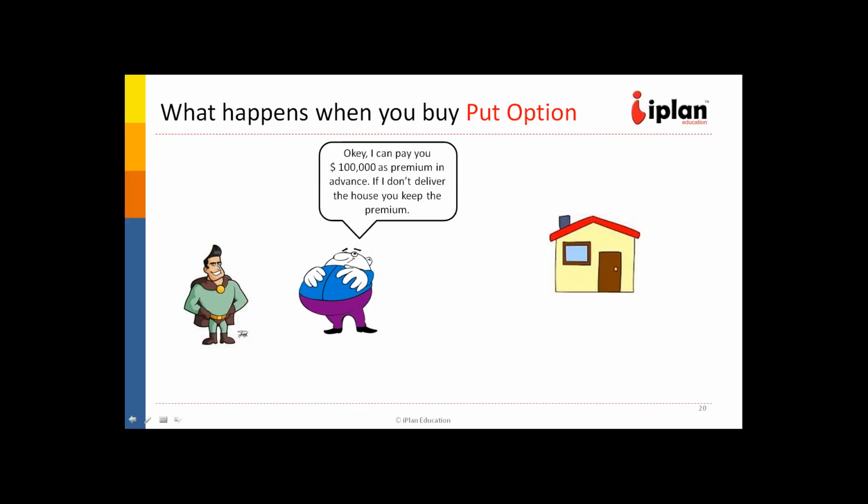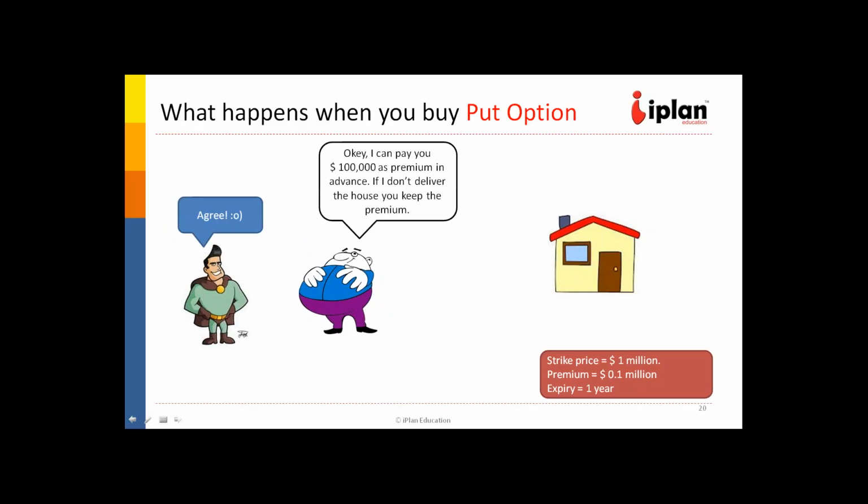Then the seller says, dear, I'll give you 100,000 as a premium. You keep it as a token. If price increases in future, it will give a cushion to you. Okay. And if you don't deliver it, you keep the premium. So they agree. So here the strike price was 1 million. The premium was 0.1 million. So 1.1 million was total